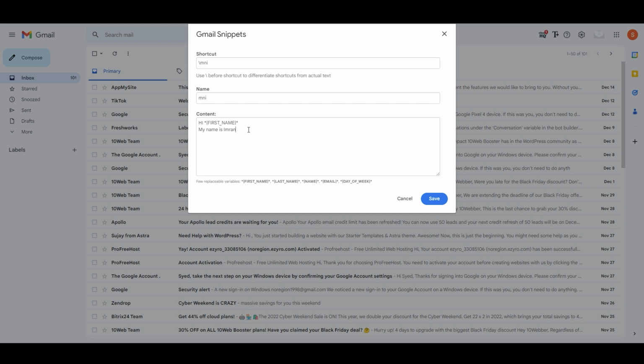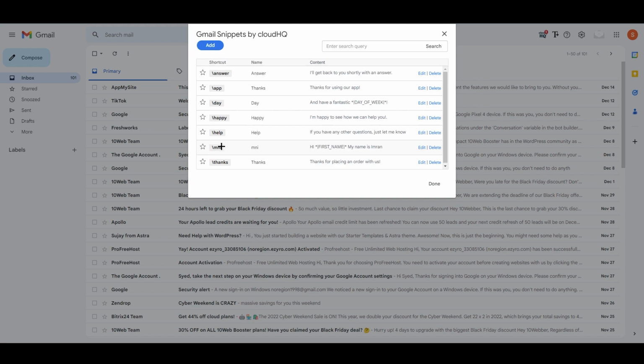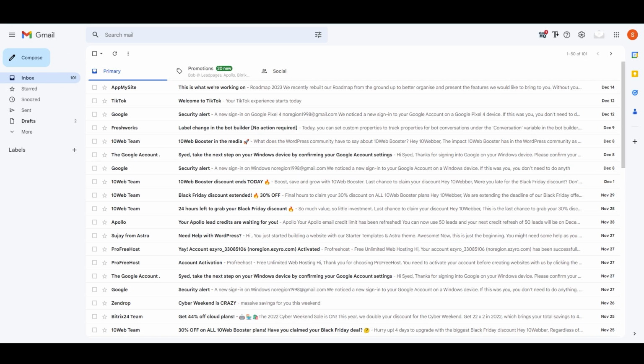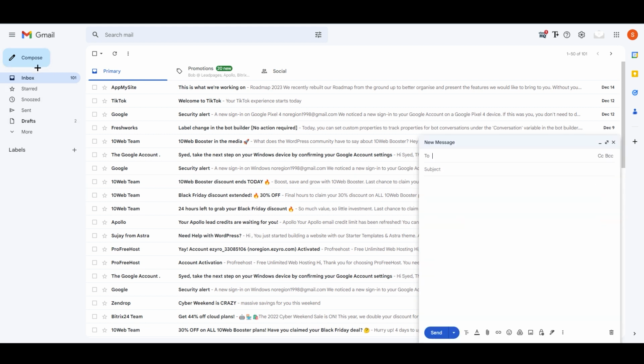So if I just want to do this, I'm going to save this one, and you can see over here. So how am I going to use these snippets? First of all, obviously you just need to click on compose, and whoever you are going to write this email to, if that email has their first name, it will automatically generate their name. So how? You can just click over here and click on backslash,